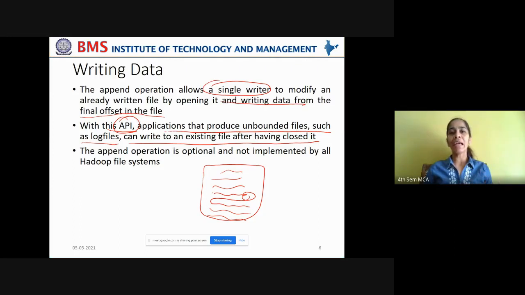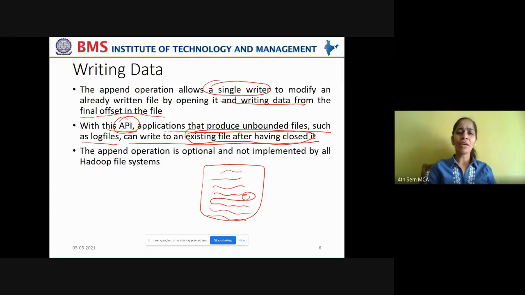Log files generally have data about usage patterns, clicking behavior, or URLs frequently accessed by customers. Such log data will be generated continuously. In such a case of unbounded files, you can write to an existing file even after closing it. This option is available with the FileSystem data output stream API.